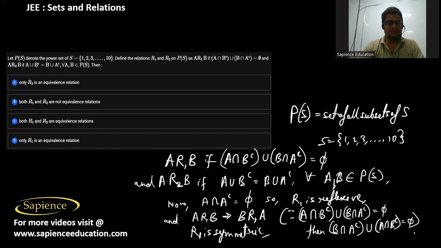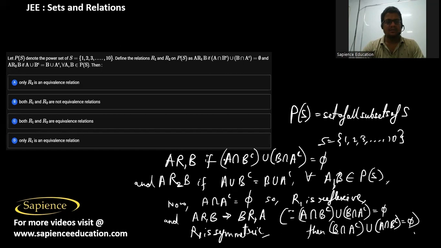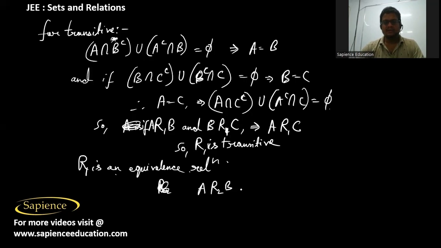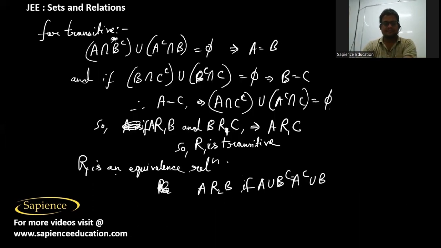Now for R2, we have to check. For the relation R2, it is told that A is related to B under the relation R2 if A union B complement is equal to A complement union B. So now A union A complement will be obviously equal to the universal set. So it means the relation R2 is obviously reflexive,